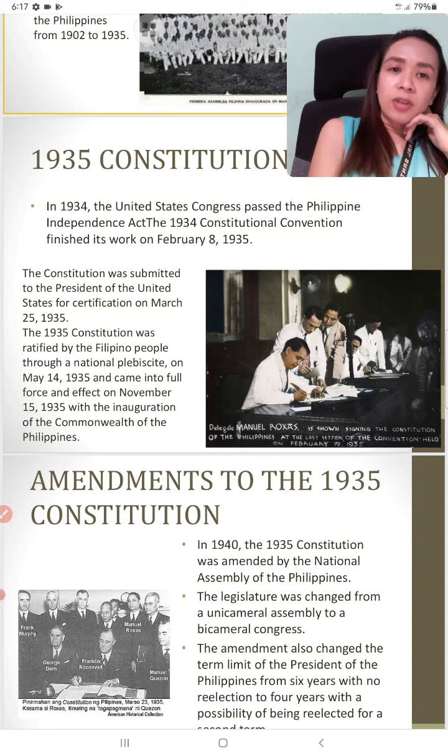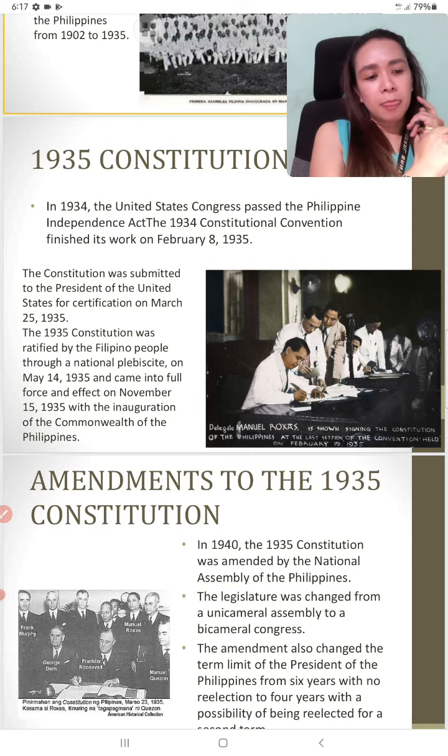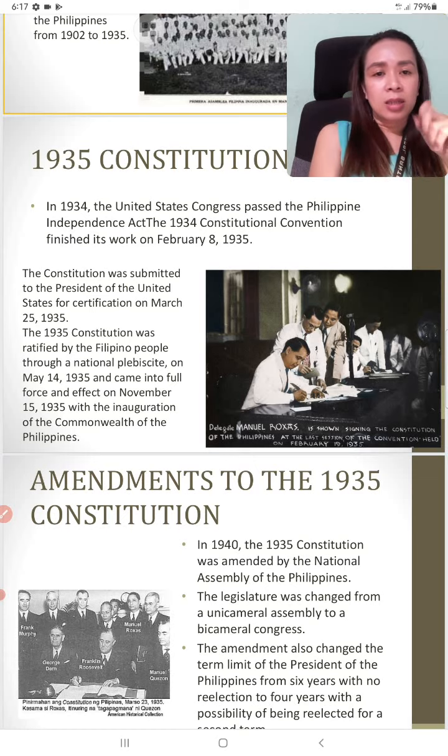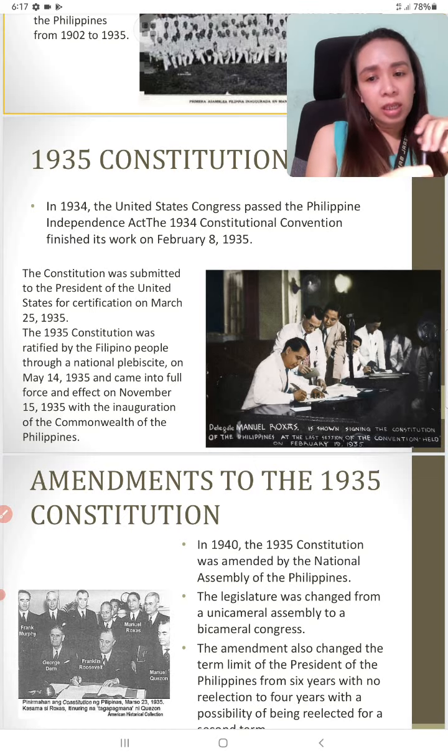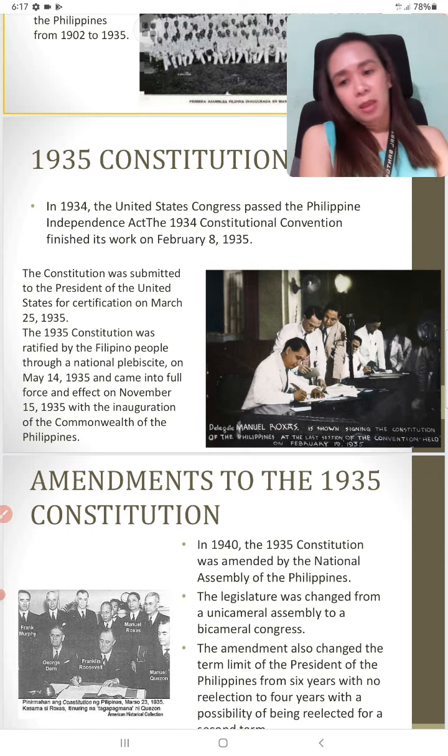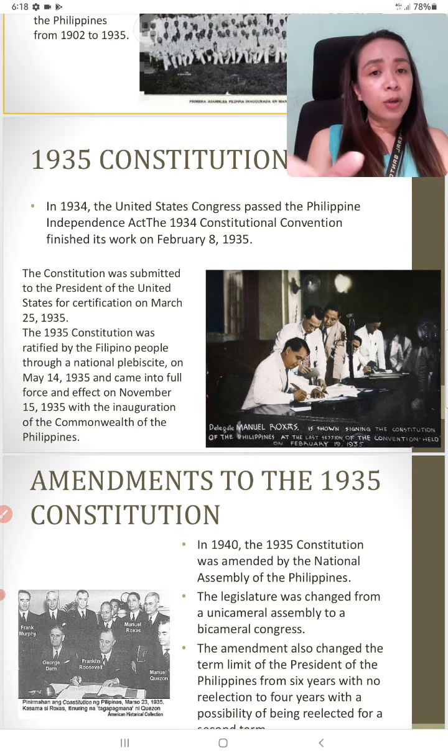And after that, it was ratified by the Filipino people. Ratification is through approving, ira-ratify, no, ng mga members or ng mga Filipinos yung naipasang draft ng Constitution. It is either approve or disapprove sila sa bagong batas, sa bagong Constitution. So ipinasa yan for ratification, and it was on May 14, 1935 that it came into full force and effect. May 14 siya